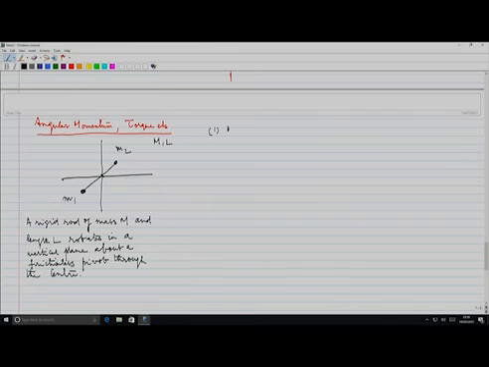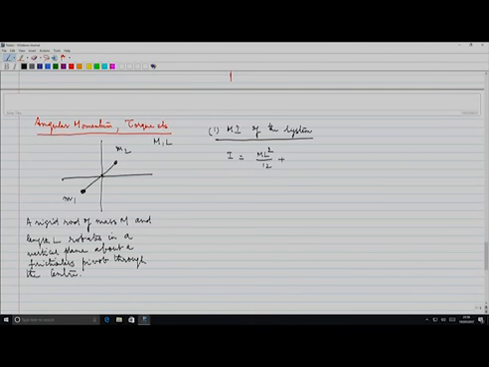The moment of inertia of the system is equal to the moment of inertia of the rod about the center, M L squared by 12,